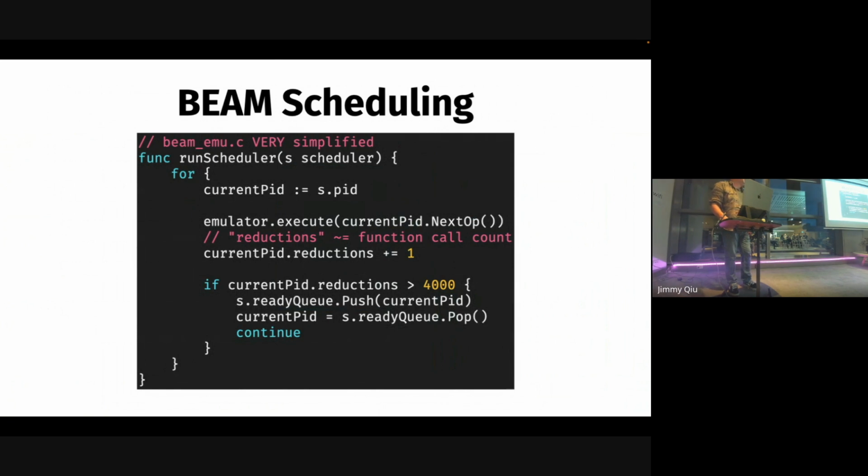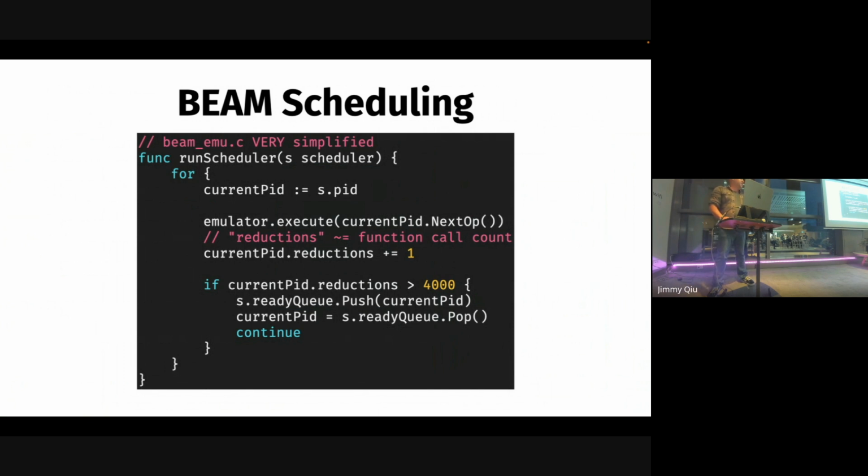So thinking about what scheduling looks like in the BEAM, and this is implemented in C code. I've done Go pseudocode here because I'm not doing C pseudocode, because that would just be horrible. But the idea is it's kind of similar. So when a scheduler runs, it's going to say, okay, here's our current scheduler. Let's grab the current process that's running in that scheduler. And because it's a virtual machine, we've got an emulator that's going to grab the next operation that this process wants to run, and the virtual machine will just run that bytecode. And then it'll update the state, move along, update memory, do whatever else it needs to do, I/O, whatever.